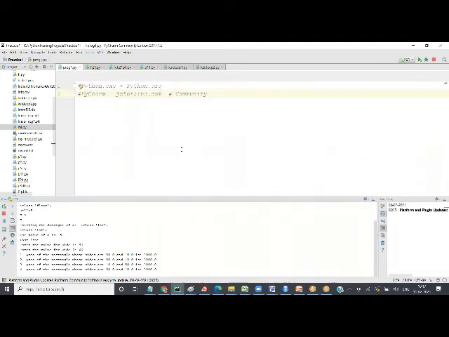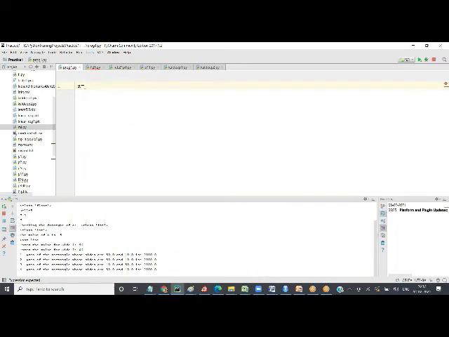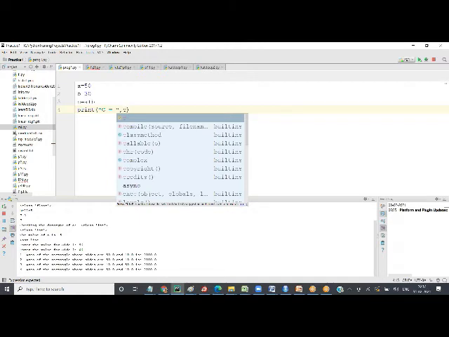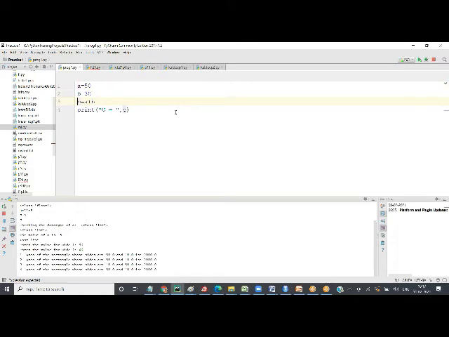So I was talking about different operations. We'll talk about operations on integers today. Let's say A equal to 50, and B equal to 30. Now for C, if you want to do addition, we say A plus B. So I can say print C equal to C. So this is how you do addition.